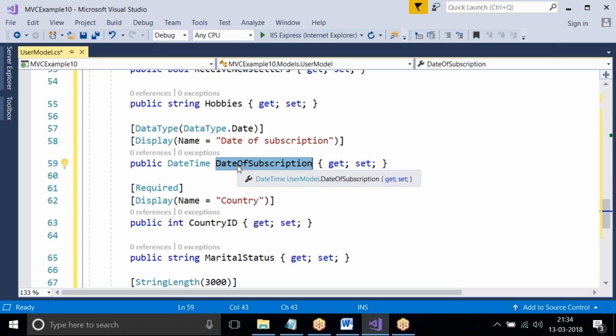We can read this easily because it is in title case, D capital, O capital, S capital. Sometimes if three or four words are mixed up and all are in lowercase, we cannot read easily, and it will take time to understand. So to avoid that confusion, and to give clarity to the end user accessing the site, we are giving it like this.